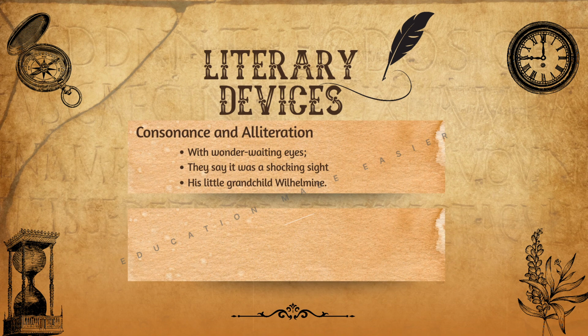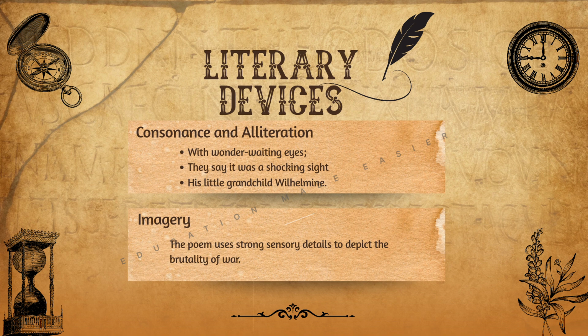The poet has also used consonance and alliteration in these lines, where the W, S, and L sounds are being repeated. The poem uses strong sensory details to depict the brutality of war. For example, the image of thousands of dead bodies rotting in the field creates a powerful and repulsive picture of war's aftermath.